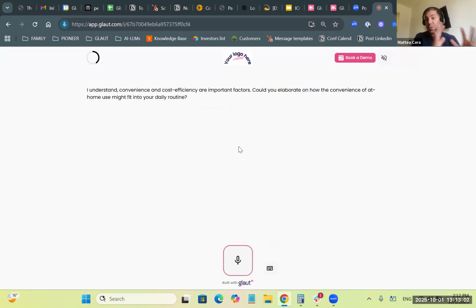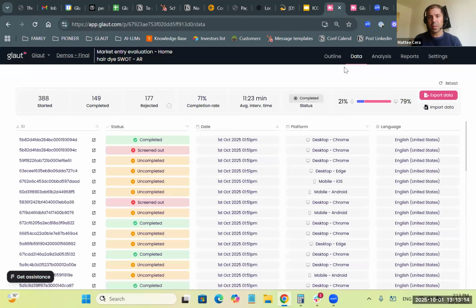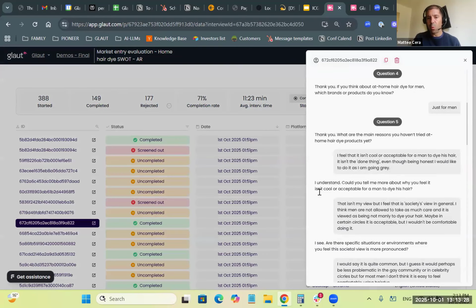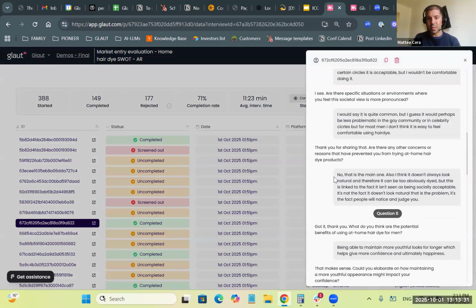And then it's probing. I will stop here because I think you have enough tangible example of how this works. So let me go back now, sorry for switching, to the data that we are getting. Every response in real time is transcribed, and we can access the transcription. When it's text, it's basically just this text, and when it's voice, you can hear the audio files and even download them if you want to show to a client. So the first output is basically the transcription and the audio files of all the interviews.